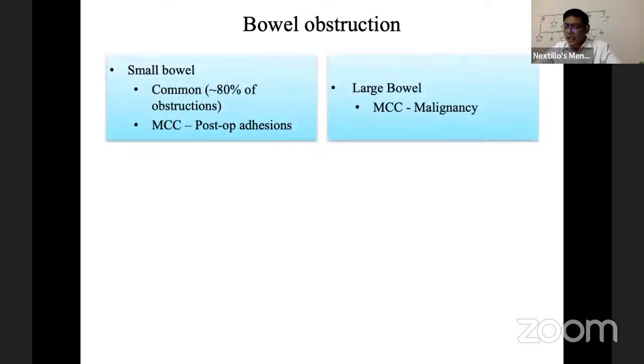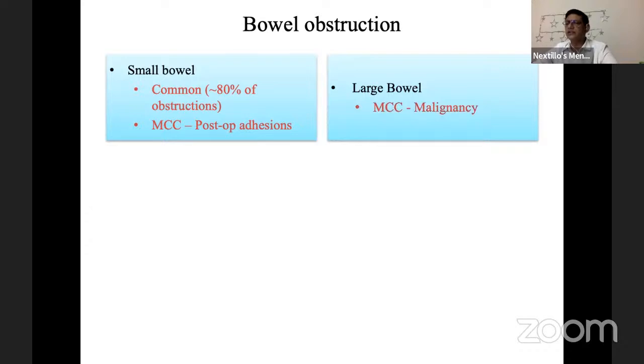Amongst these two, the commonest obstruction that we see is the small bowel obstruction, which accounts for almost 70 to 80% of all the obstructions, and the most common cause of the small bowel obstruction is post-operative adhesions. As far as the large bowel is concerned, the most common cause of obstruction of the large bowel is tumors,